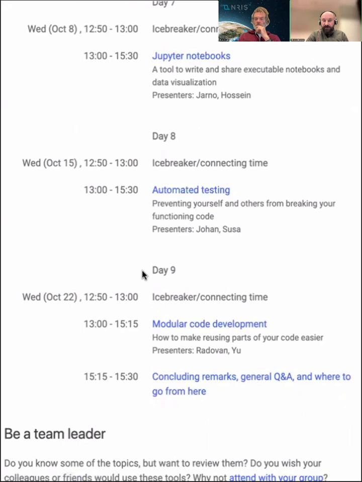Day 8 and day 9 go closer to concepts of research software engineering, or in general software engineering, even without research. And day 8 will be automated testing. We touched a bit on this in week 1 when you were trying to push your changes to somebody else's repository. There was a test running that the ingredients were missing or something like that. So we touched also on the importance of testing today.